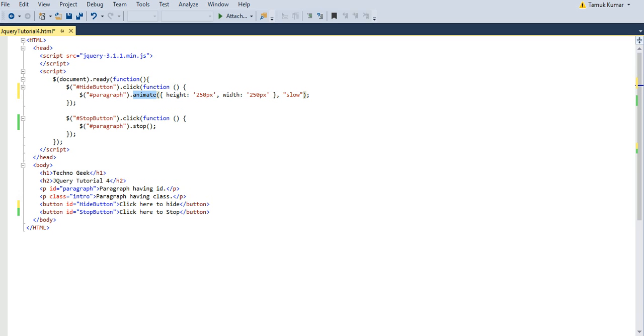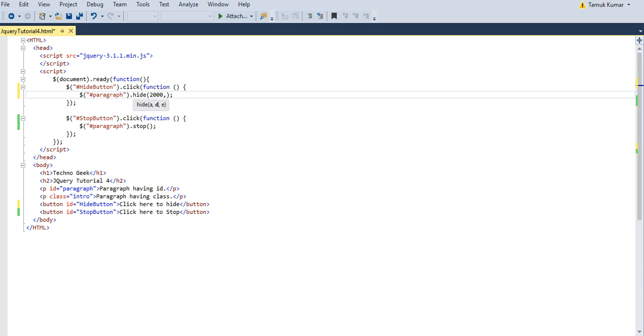Here I replace the animate effect with the hide effect. I don't need these parameters. I give it a slow speed, or maybe 2000